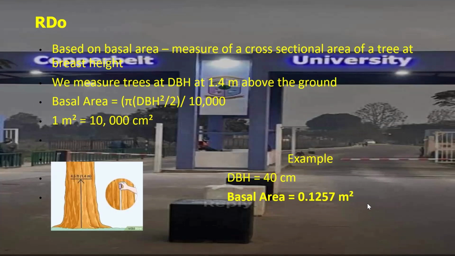If the total basal area for species A, for argument's sake, is 0.1257, then the basal area for species B is 0.0013. Then for species C, it's